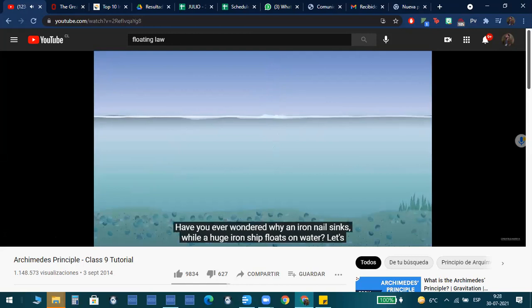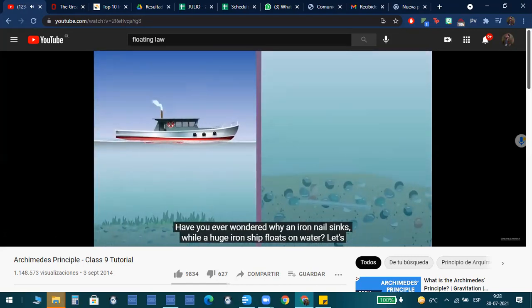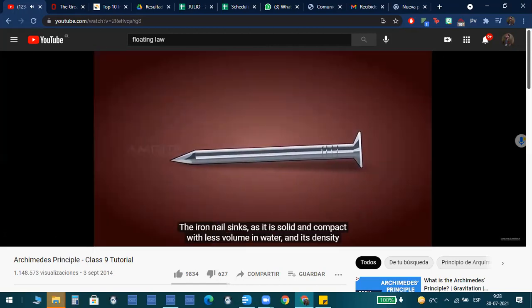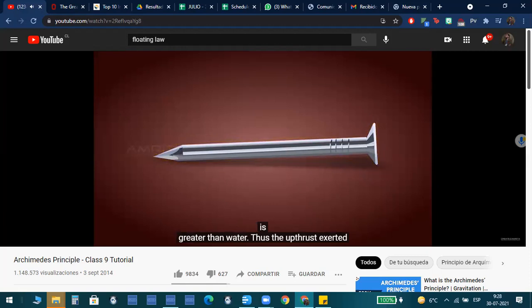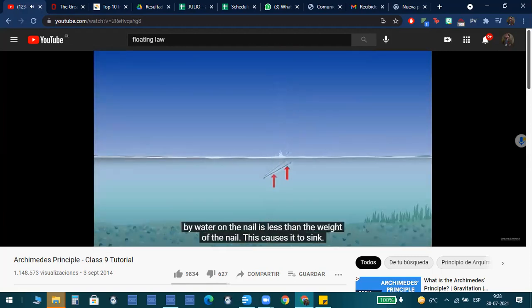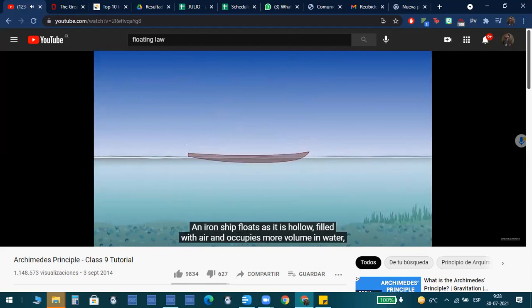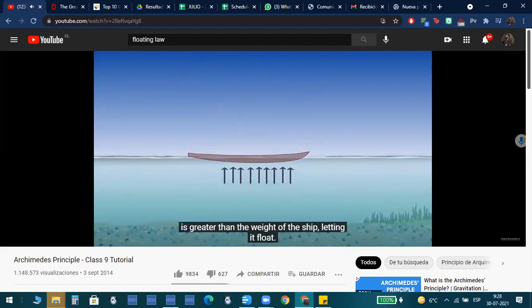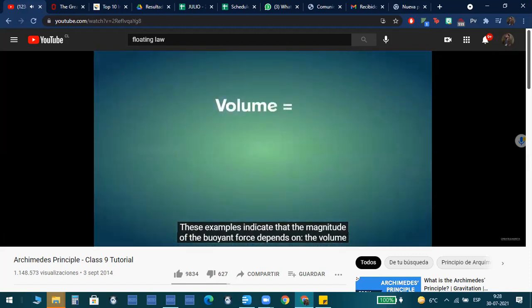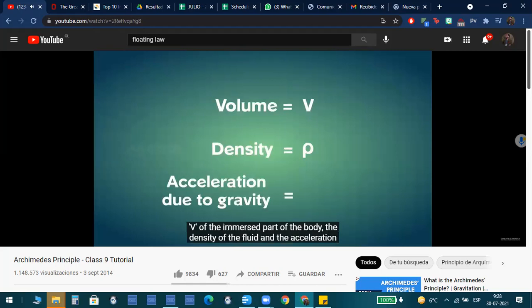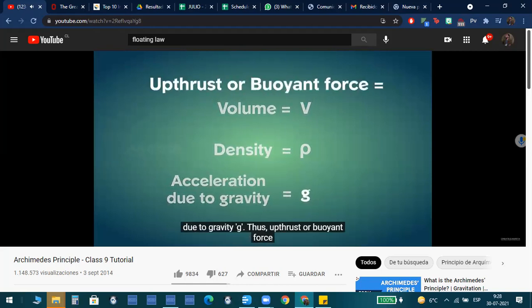Have you ever wondered why an iron nail sinks while a huge iron ship floats on water? Let's see. The iron nail sinks as it is solid and compact with less volume in water, and its density is greater than water. Thus, the upthrust exerted by water on the nail is less than the weight of the nail. This causes it to sink. An iron ship floats as it is hollow, filled with air and occupies more volume in water, and its density is less than water. Thus, the upthrust exerted by water on the ship is greater than the weight of the ship, letting it float. These examples indicate that the magnitude of the buoyant force depends on the volume V of the immersed part of the body, the density ρ of the fluid, and the acceleration due to gravity g. Thus, upthrust or buoyant force is equal